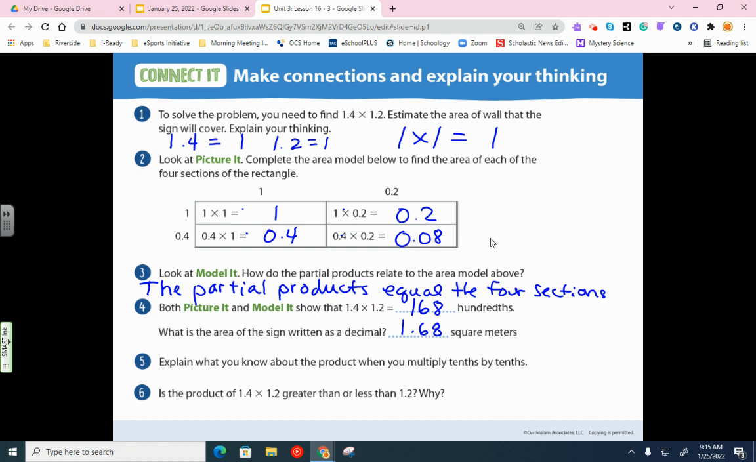Speaking of that, I should make a note. Have this be square meters since we're doing meter times meter. All right, so